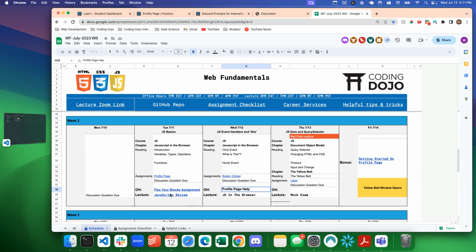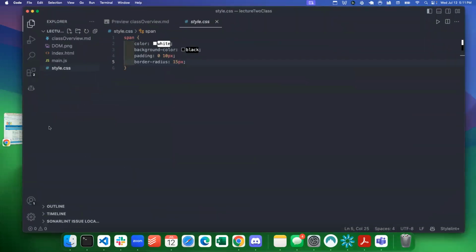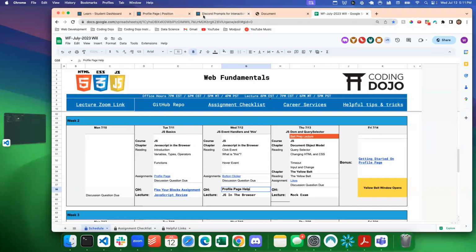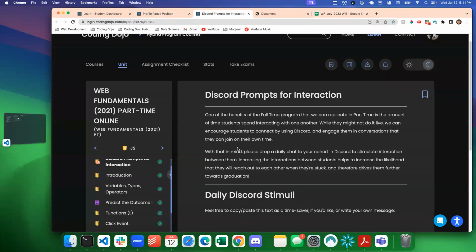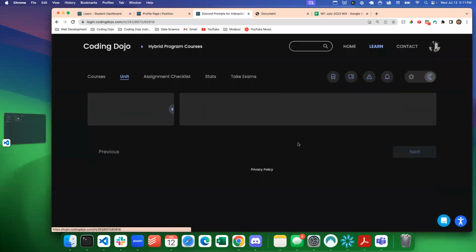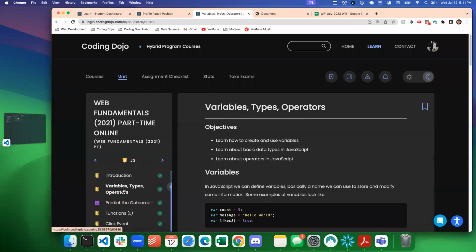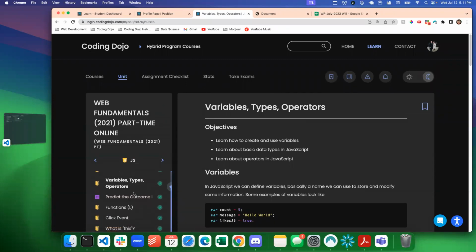But yesterday we talked about just a review, right? We talked about what is a variable. We talked about data types. We talked about single equal sign versus double equal sign versus, et cetera. And we talked about functions as well. Now, today we're actually going to dive into how does JavaScript work in the browser, because everything we've done so far